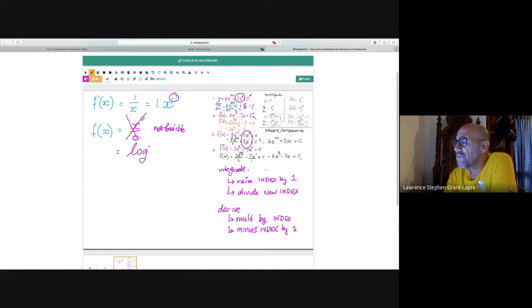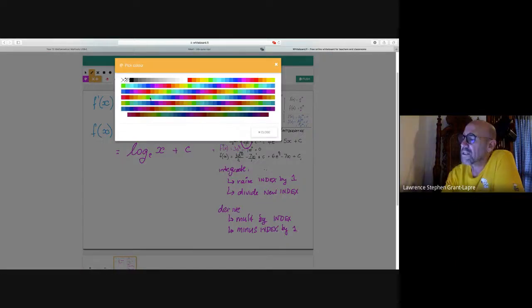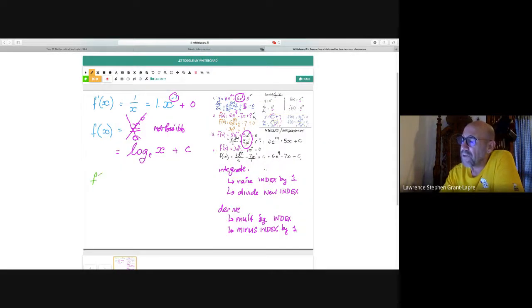The integral, or the antiderivative, of 1 over x is log of x to base e. And because we're getting the integral, there's a constant here. We don't know, there's a plus 0, so the integral of plus 0, which we don't know what it was, is plus c. Okay, so if that's the case, and if I start with the log of x plus